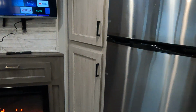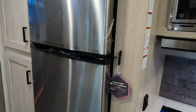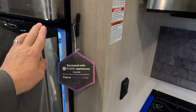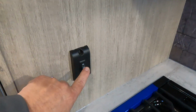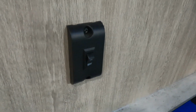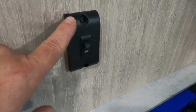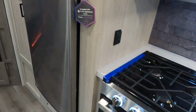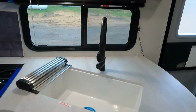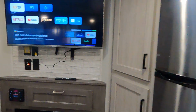Lots of storage here. 12-volt refrigerator, freezer. On-off switch is right here on the side. It's off. And for all you RV geeks, this is new. Yes, new on-off switch. Very cool. 3-burner cooktop, range, oven, deep basin farm sink, microwave,